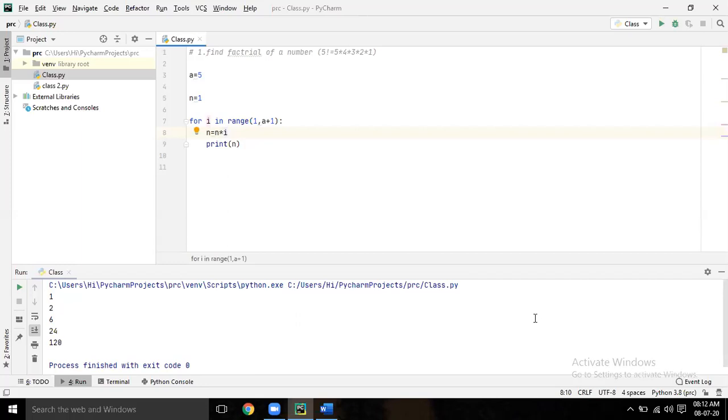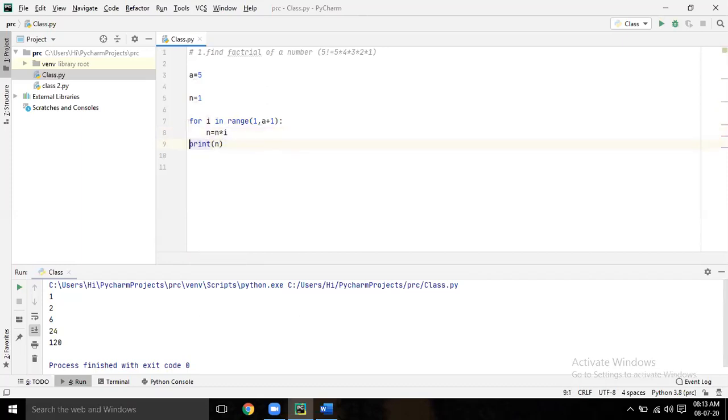So don't keep it within the loop. Put the print statement outside the loop. Outside means give one backspace before print.